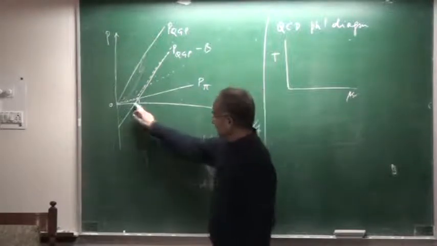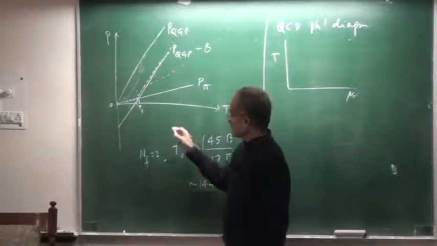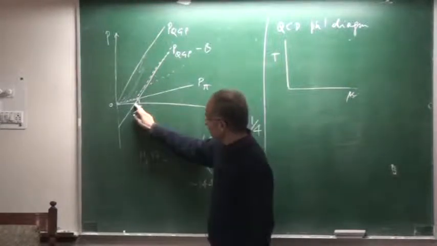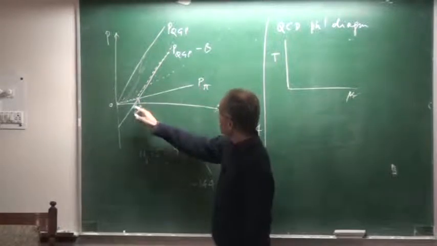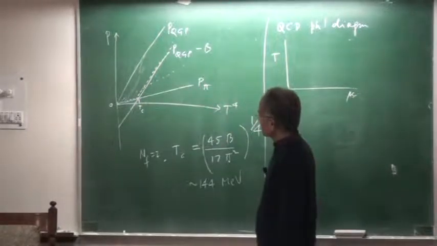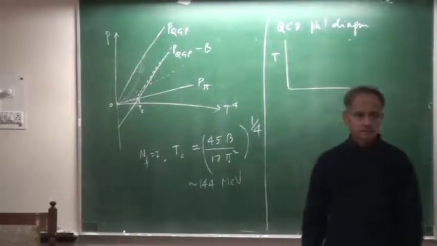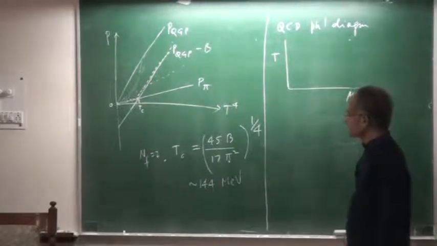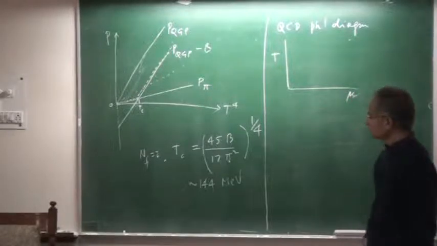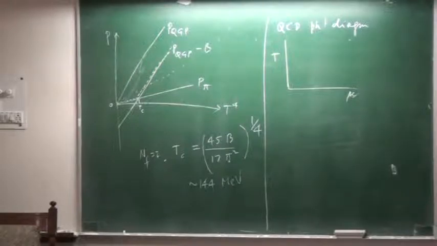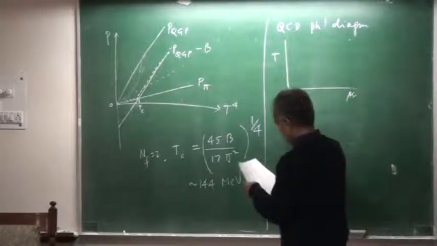But if these are very close, then you can approximate and estimate it this way. Otherwise, how will you determine that? Why should it deconfine if PQGP is greater than B? That is the criterion. See, the inward pressure from outside, then P pi is even greater. I think we should draw it to scale and see how it looks. Right. So now let me write down the pressure.